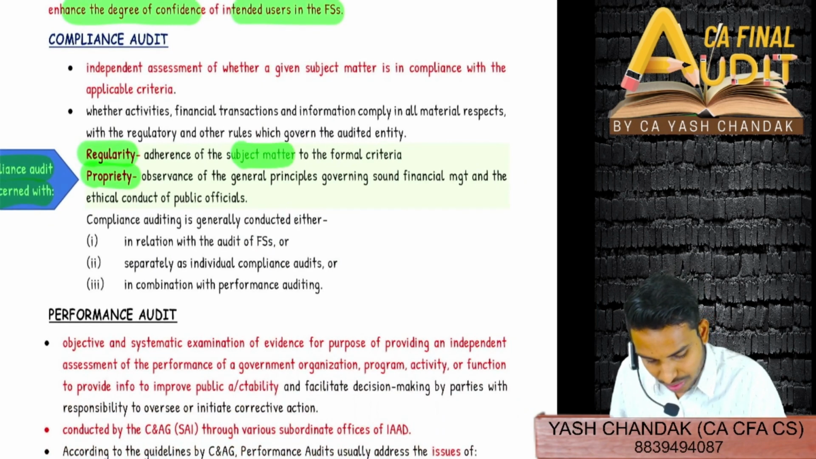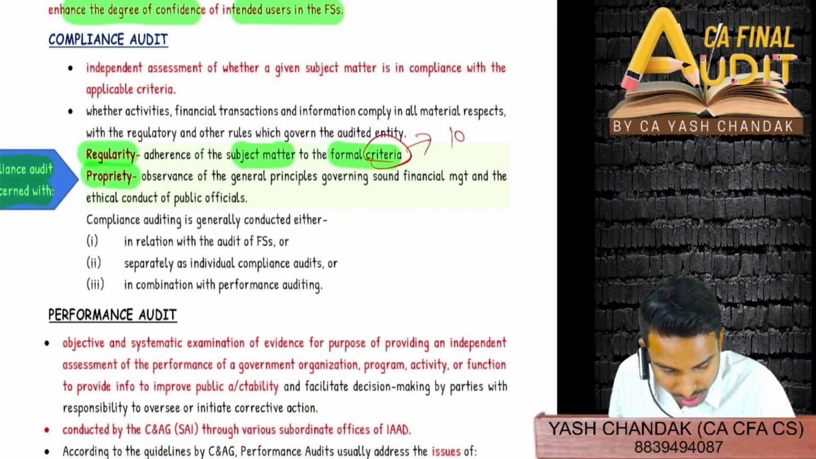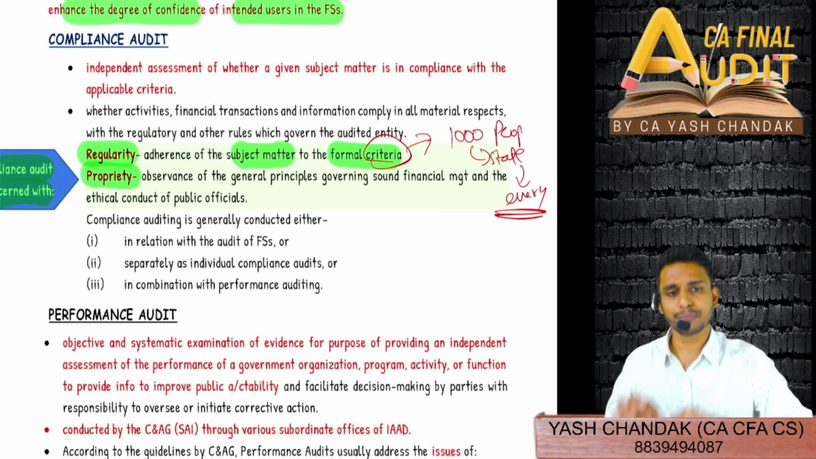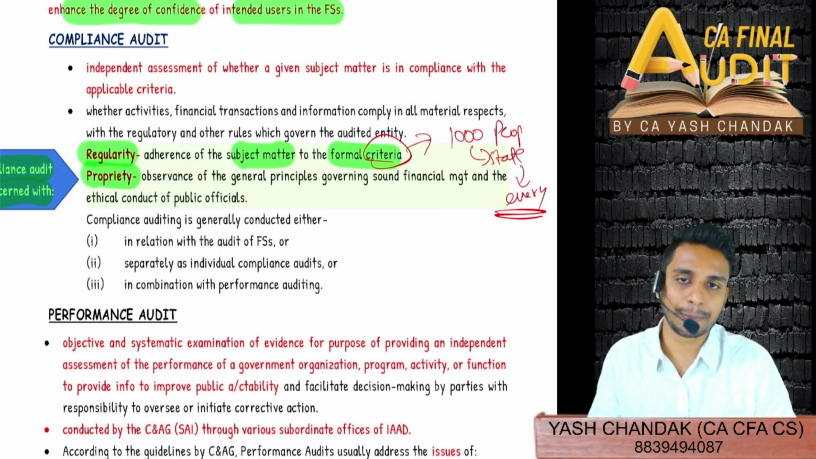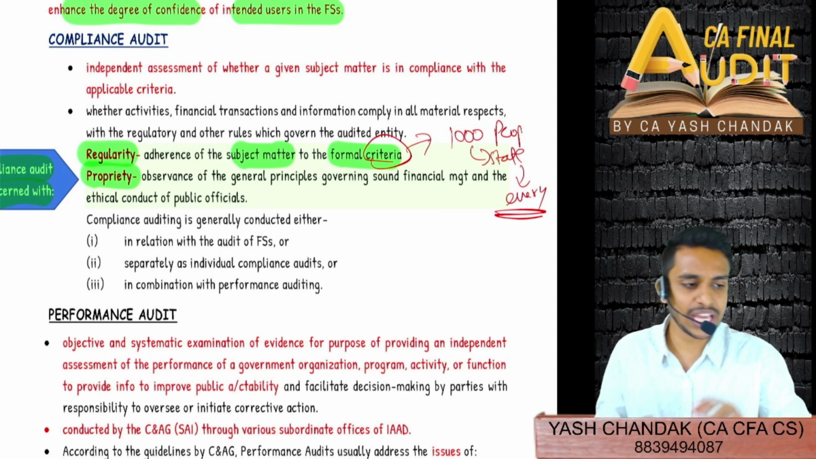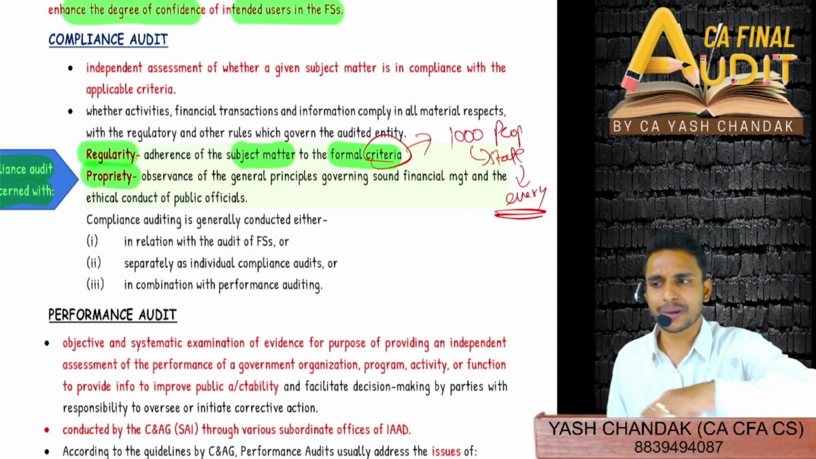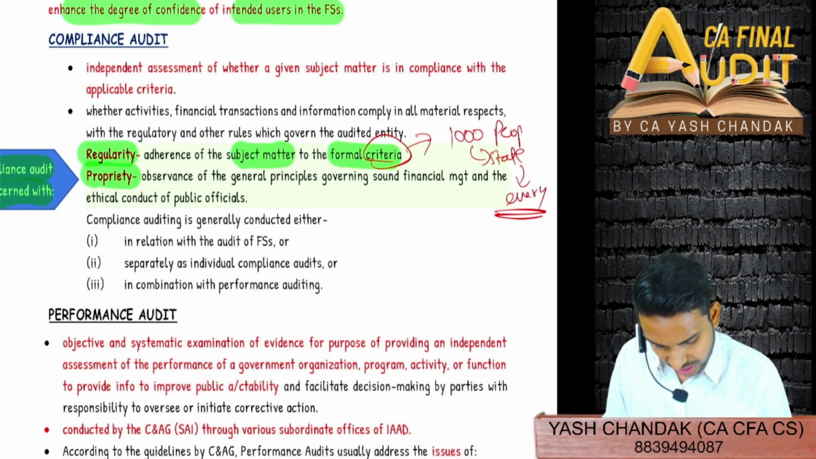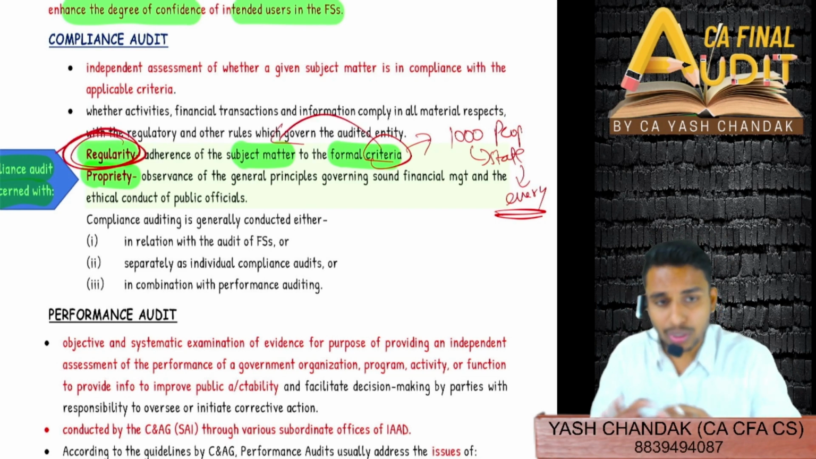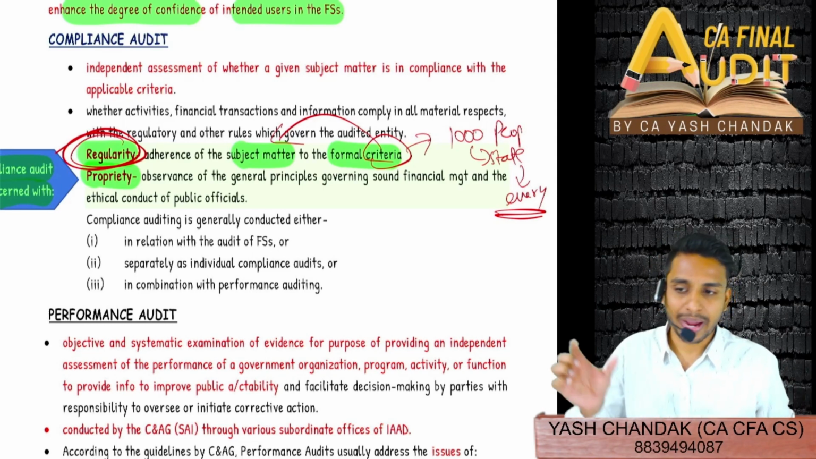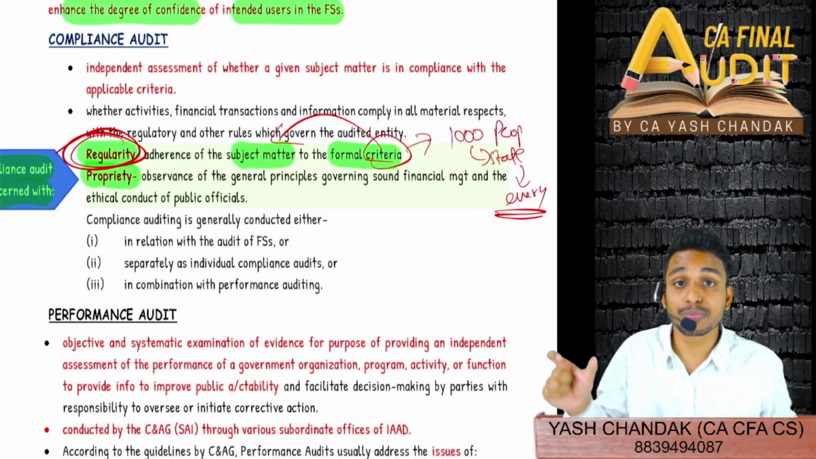Regularity is the adherence of the subject matter to the formal criteria. Let's say in NREGA, the criteria was that 1000 people should be employed in this state, particularly every month. This is the minimum for which we have to give funds to them. The employment has to be done. If they are not employed, then we have to give daily wages. Still we have to give daily wages, so employment has to be generated. All these criteria, whether it is meeting them or not, that regularity we have to check, whether the criteria have been met as per the policy document, as per the records,